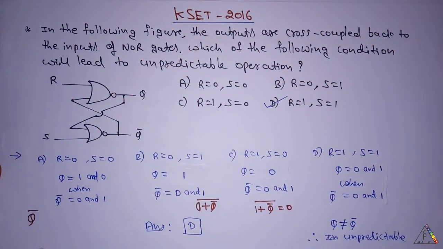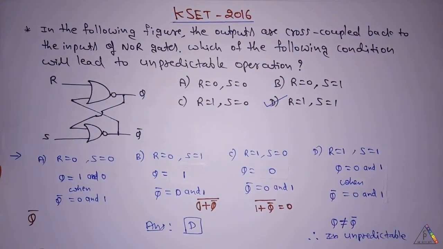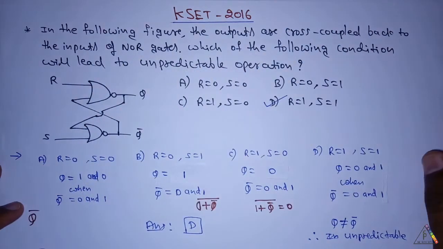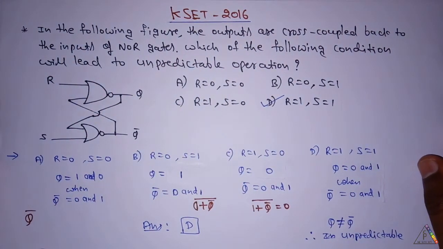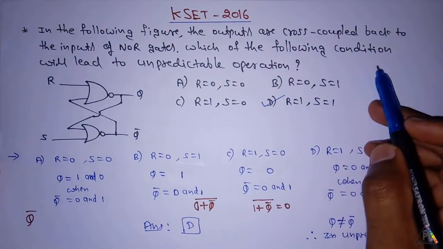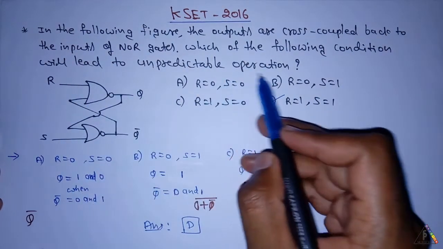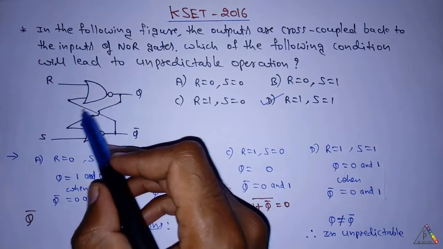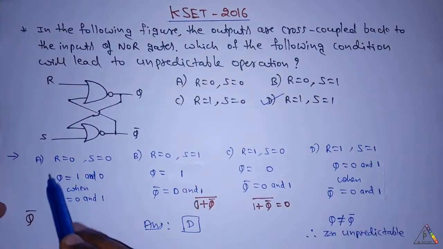This is the KSET 2016 question. The question is, in the following figure, the outputs are cross-coupled back to the inputs of NOR gates. Which of the following conditions will lead to unpredictable operation? This is the circuit given. By considering the A option,